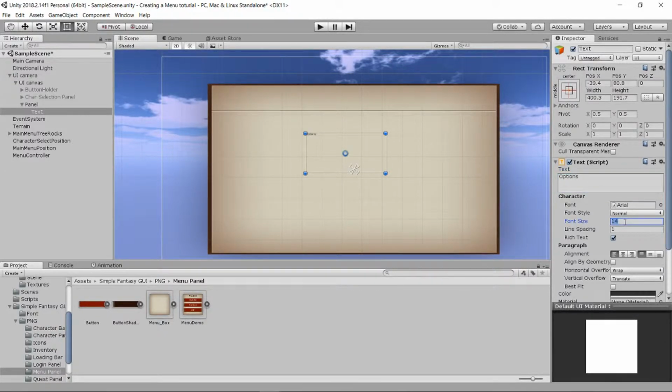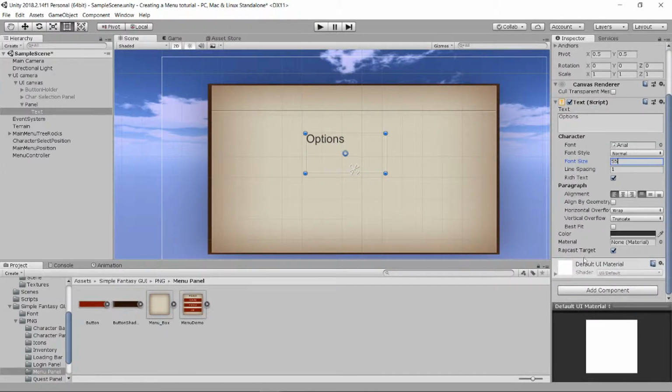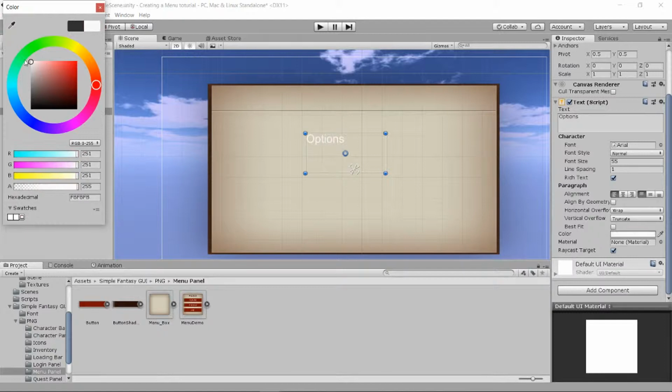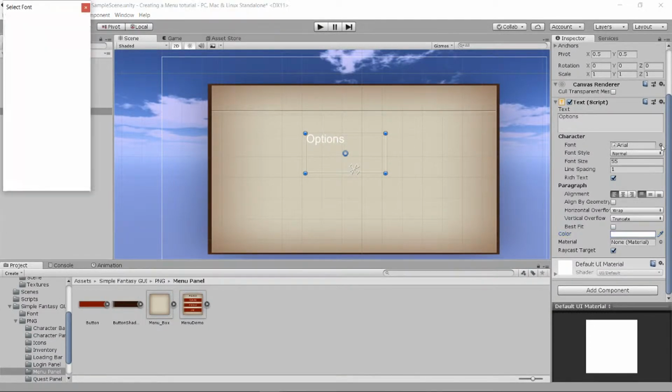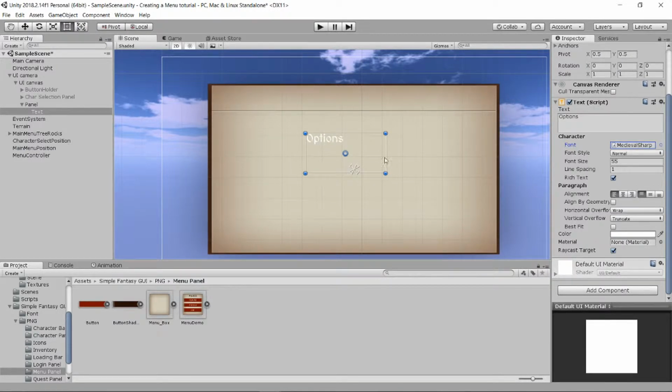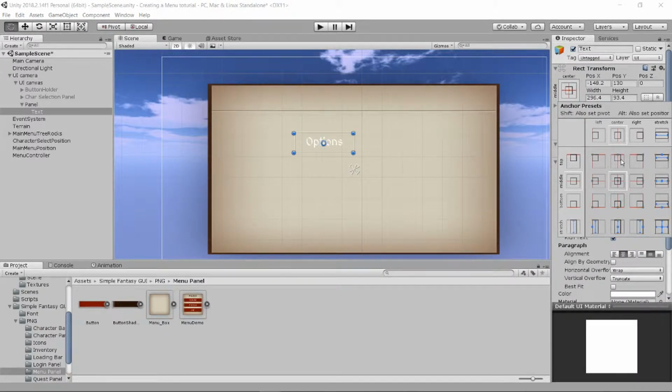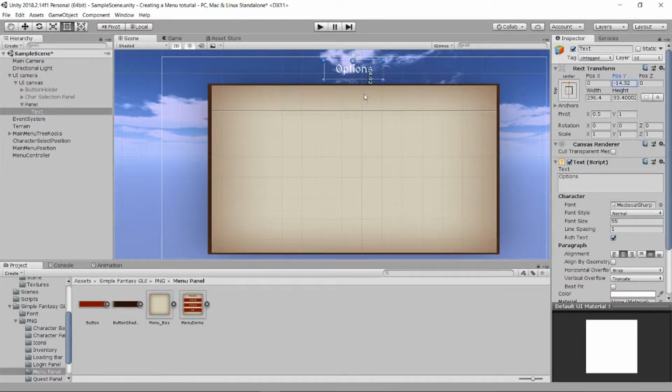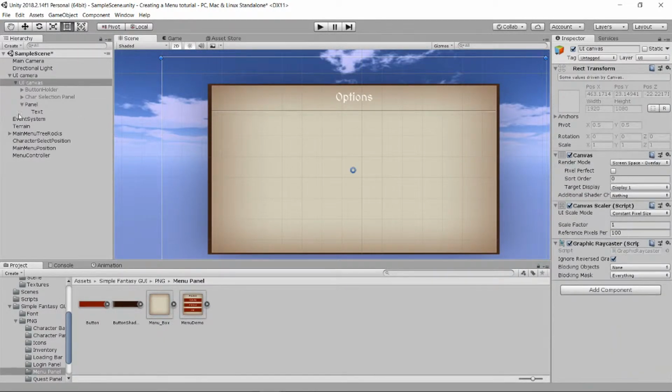yeah, I'm gonna make it 55, and we're gonna change the color to white, and we're gonna change the font to materials. I'm gonna go a bit in here, I'm gonna say middle, and we're gonna pivot to the top middle. Then we're gonna take the position Y and drag it down like this. There we go. We want it like this,